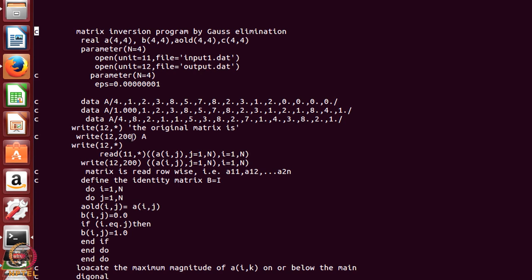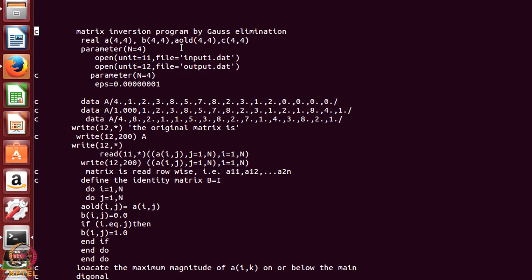Suppose it is a 4 by 4 case. Instead of writing 4 everywhere, if I just say n equal to 4, it takes n to be 4. There will be many read and write statements where n is used. If I use this parameter, I can write my entire program with n as a variable, and suppose instead of 4 I want to do 5 by 5, I just take this n to be 5. So, defining parameters in a program is a very effective way of programming.